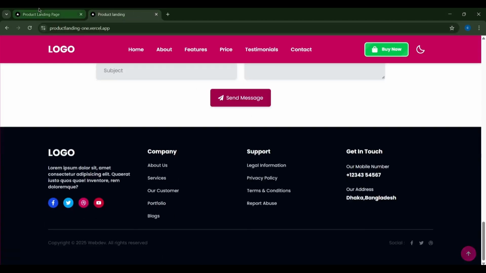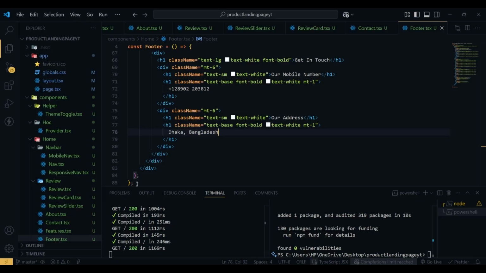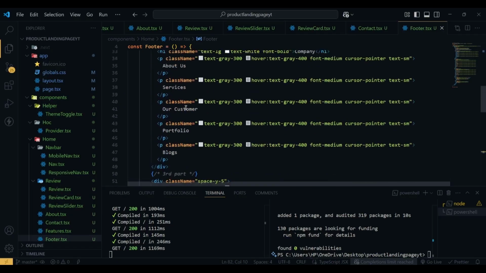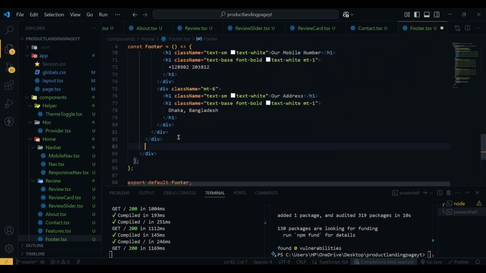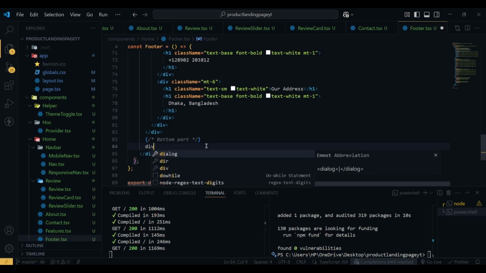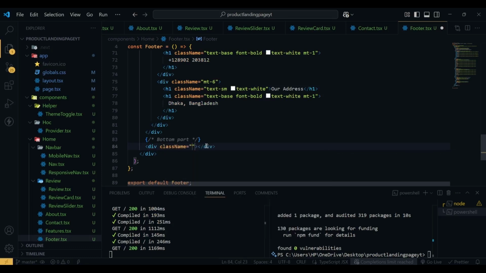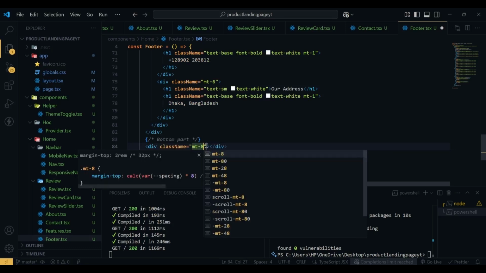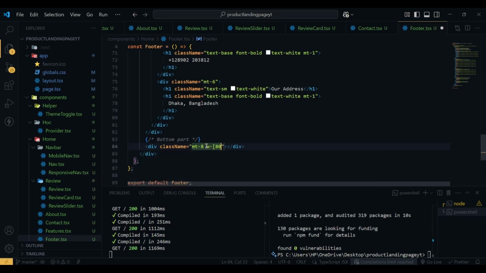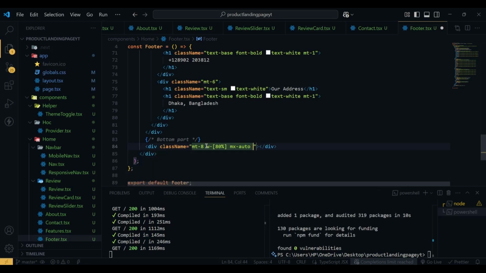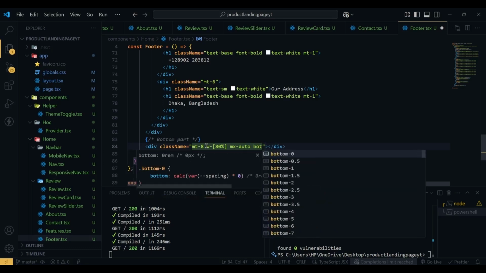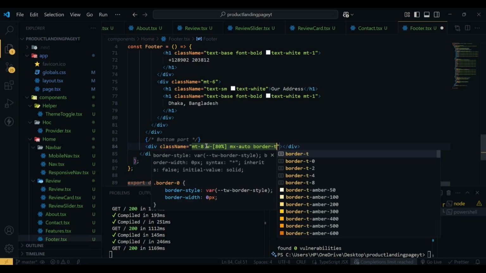Next we have the bottom part. So let's go to our code. So this is our top part, and then we have our bottom part. Here we have a div with class name of margin top of 8, width will be 80%, mx will be auto, border top will be,